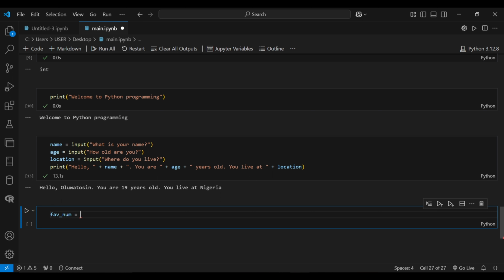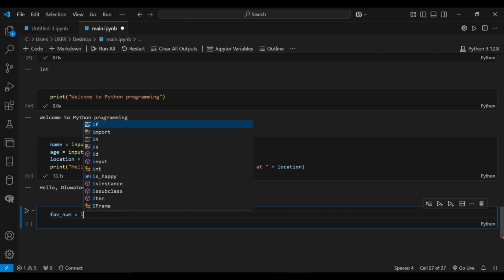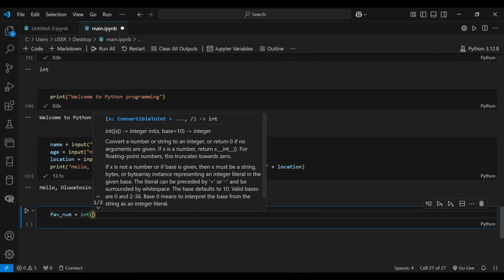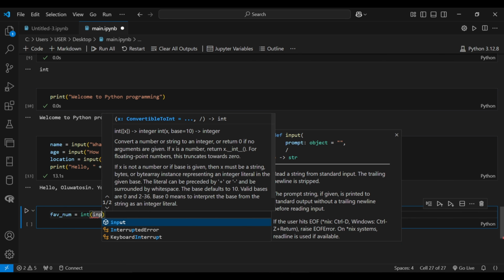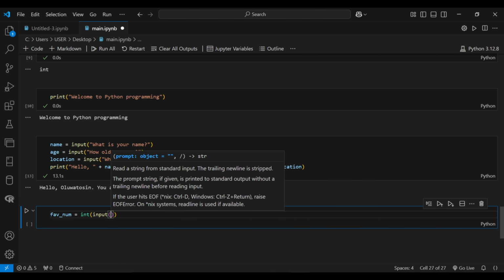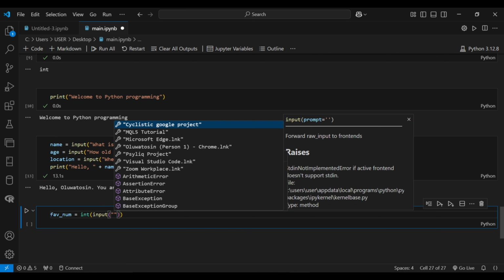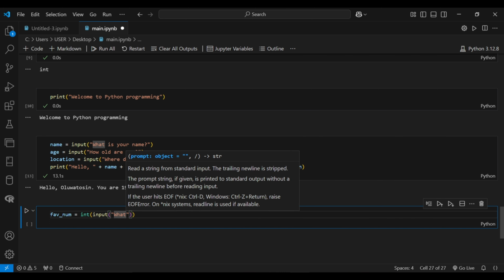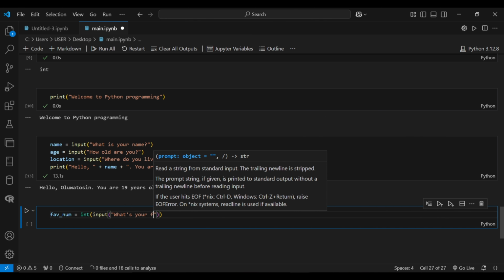So I'm going to ask for input, but remember we are having a number, and once we use input it will be a string. So I want to automatically convert it to integer, so it gives me my results as an integer. So I'll do input and I'll do what's your favorite number. That'll be the question I'm asking them. So that'll be what's your favorite